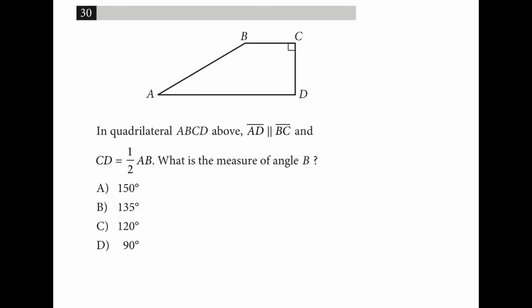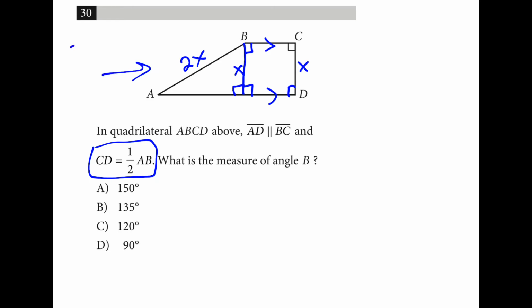For number 30, since we have two parallel lines here, we can draw another line over here and make these all 90-degree angles. And that means that if we're going to say CD is equal to 1/2 AB, let's call AB 2x, and then CD will be x. And this line will also be x. So what we've done here is we've created a special right triangle. We've created a 30, 60, 90 triangle,